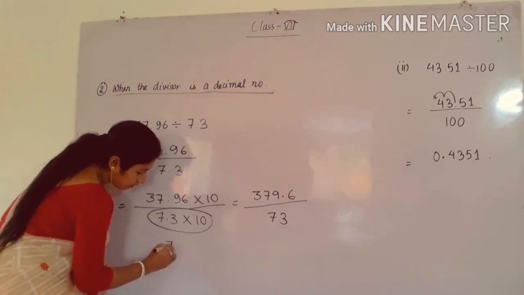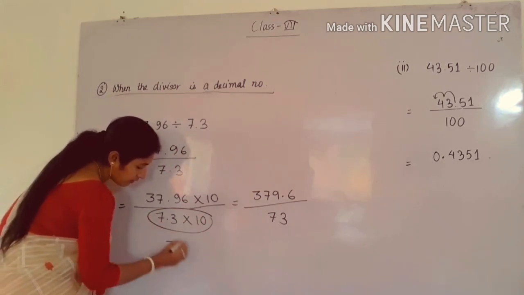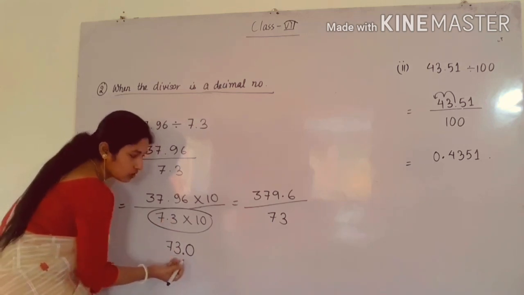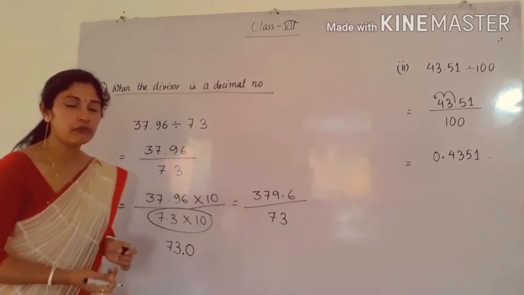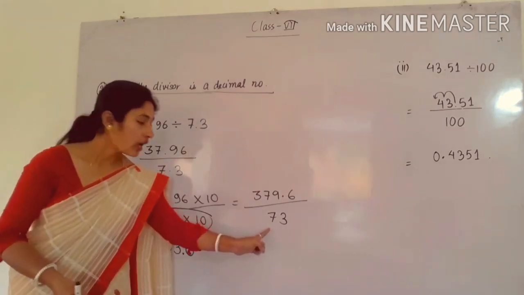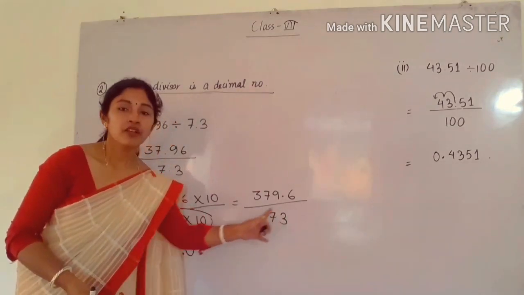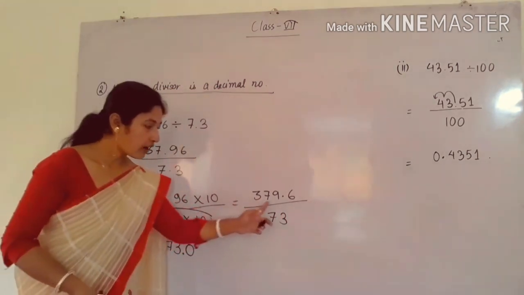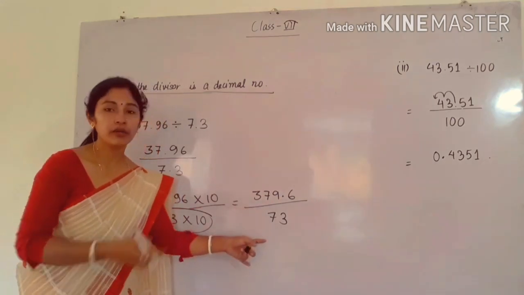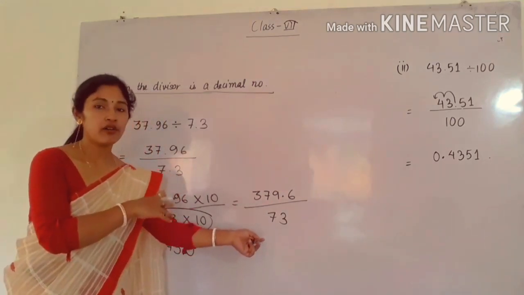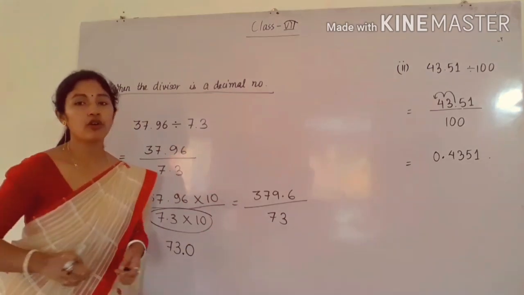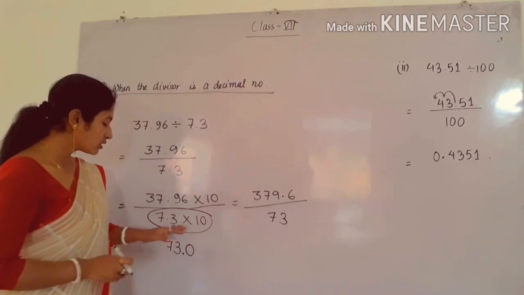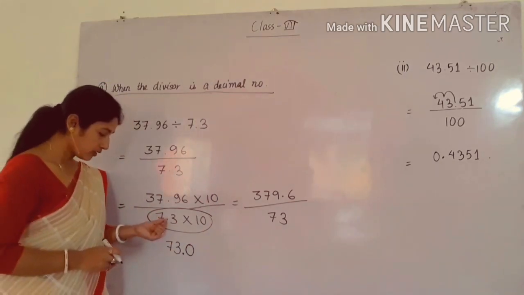Here this will convert to 730, and the decimal point will be here. So I have to write 73.0, and 73.0 can be written as 73 only. So again, 73 is a whole number. So we can now divide the decimal number by a whole number. In my previous example I have already done this, so you have to do it with the help of the long division method now. This is very simple, but you have to see where the decimal point is present.